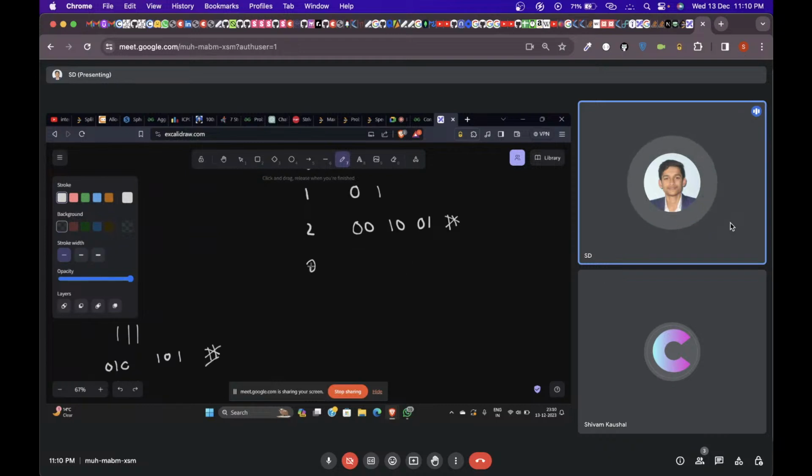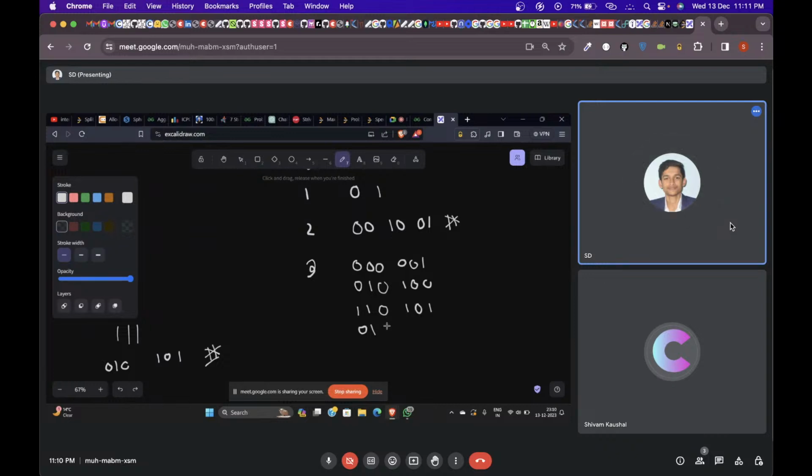Now if the size of the string is 3, then it would be 000, it will be 001, then it will be 010, then it will be 100, then 110, it can be 101, it then can be